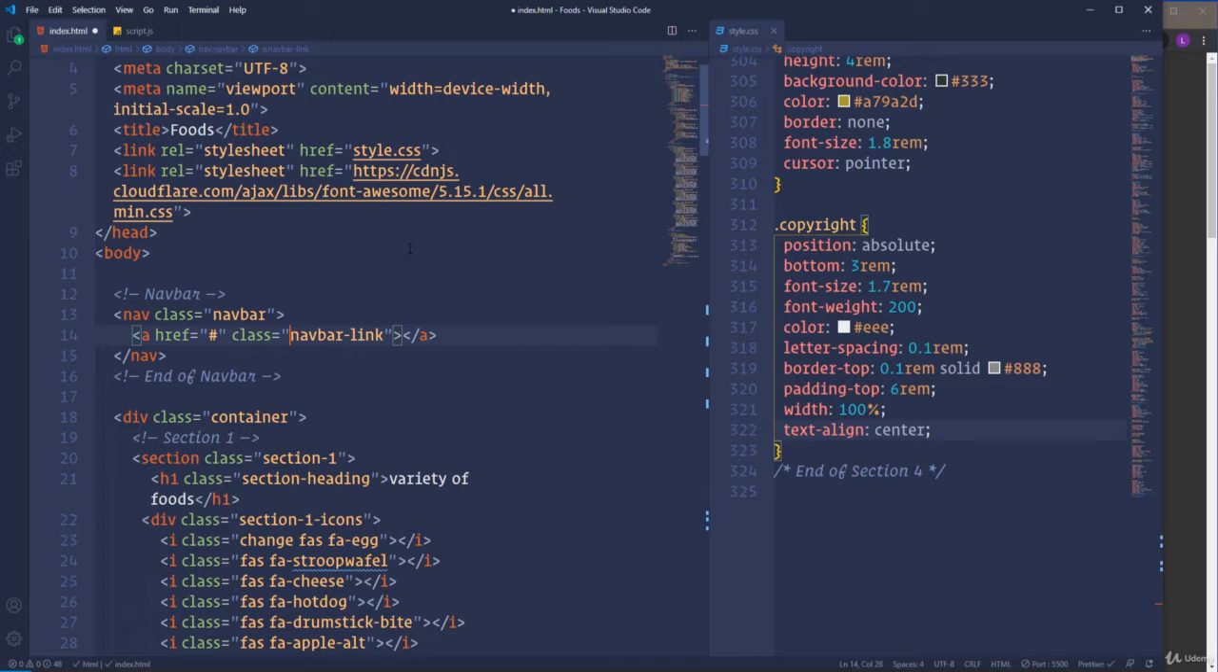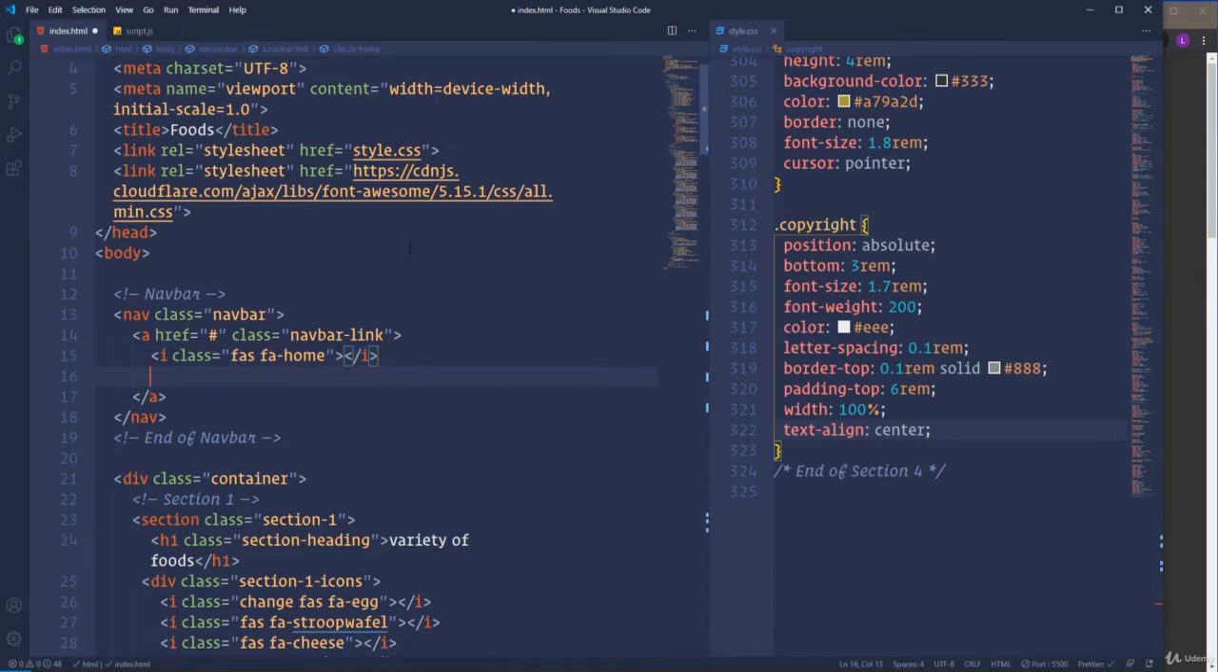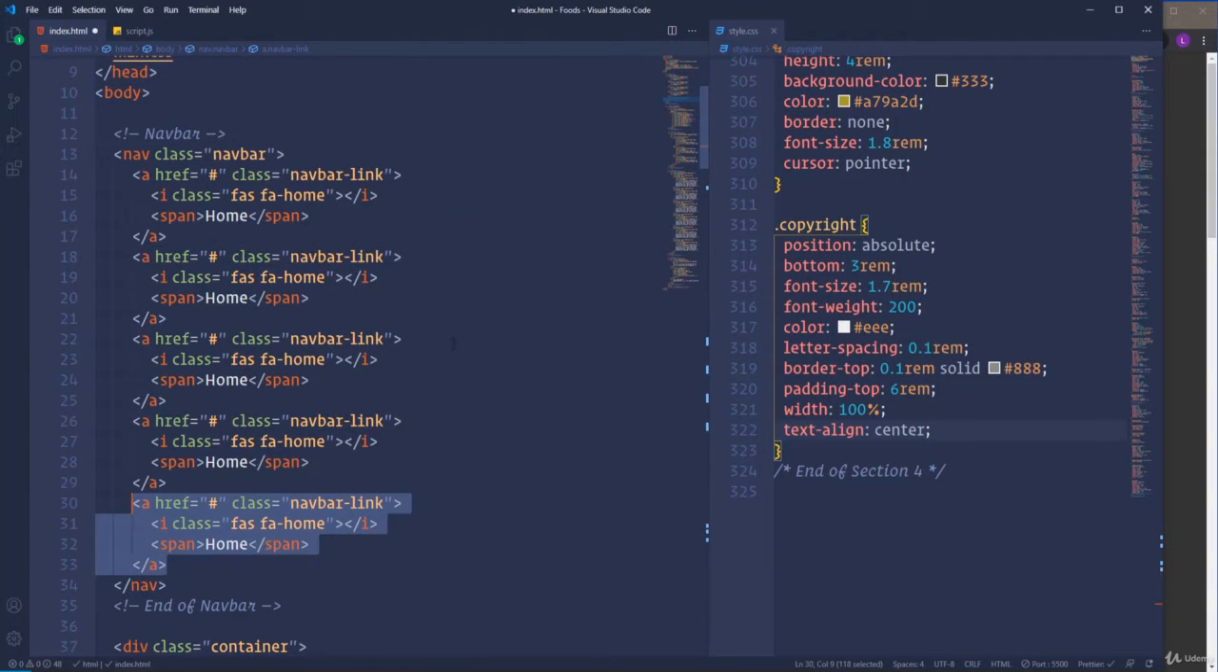Then insert here I element with the classes fas, fa-home. Then the Font Awesome icon will be followed by the span element. Let's insert here home. Okay, so overall we will have 5 navigation items. Let's go ahead and duplicate the link element 4 times and then change the class names and also the content of the span elements. The second one is going to be utensils,